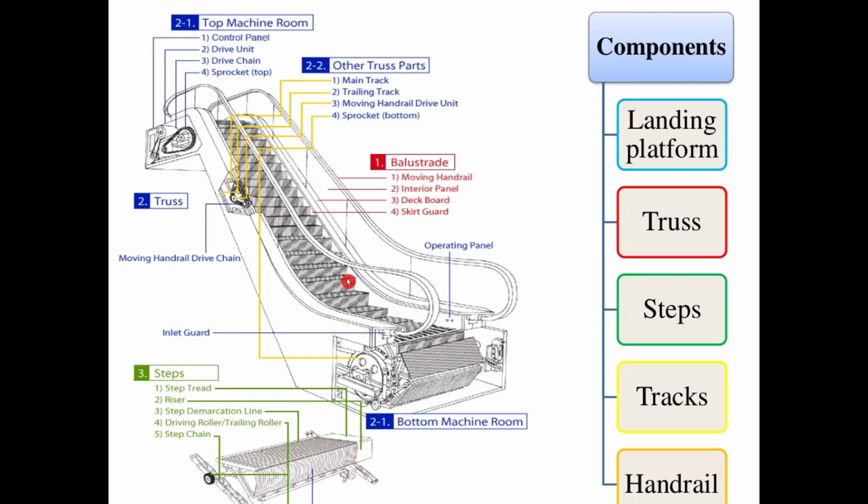We don't want to go into detail, but you just want to know the basic elements of this escalator. You have the top machine room here, and you have the truss parts, that means the base skeleton for these escalators, and you have the balustrade, that means the protection and holding places for these escalators, and you have the steps which are covering the topmost portion of the escalators. So this includes the important parts of the escalator.